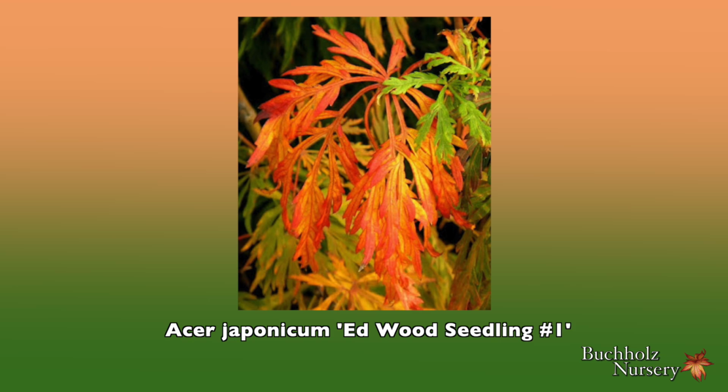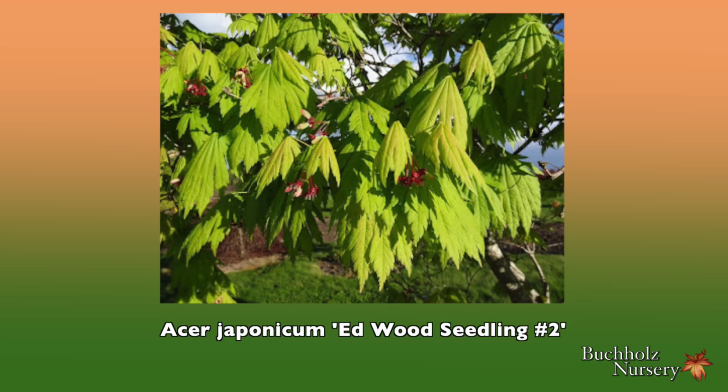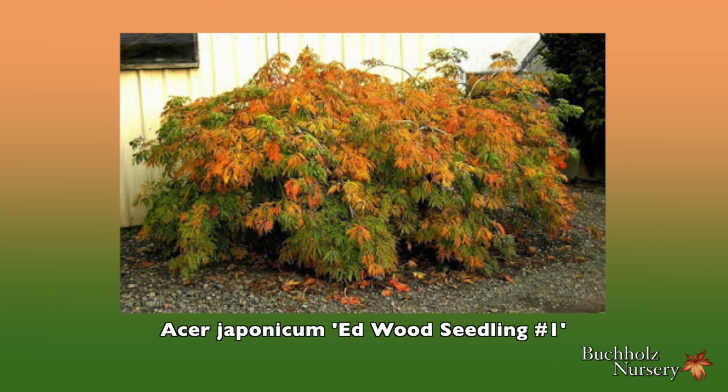Ed Wood seedling number 1, along with a sister seedling that I called Ed Wood seedling number 2. The number 1 seedling was kept in containers throughout its early years, where it spread vigorously. Eventually, it was planted out in the original display garden, and it's now nearly 20 foot wide by only 5 foot tall. I requested that my Japanese wife, Haruko, give number 1 a real cultivar name, something catchy or interesting,